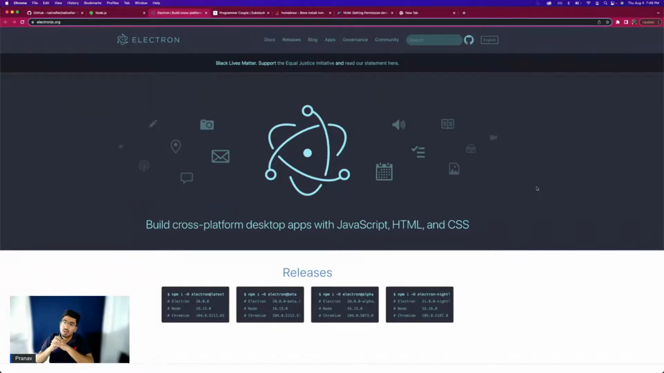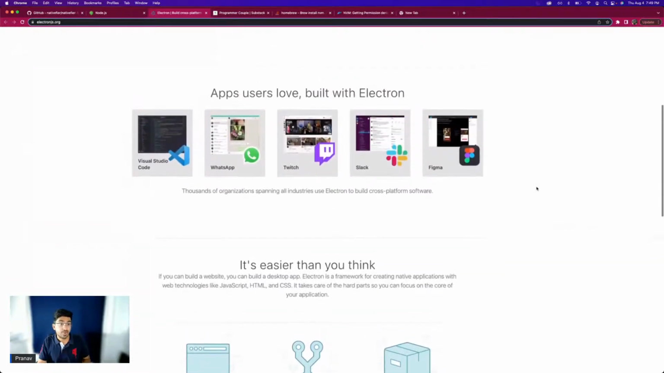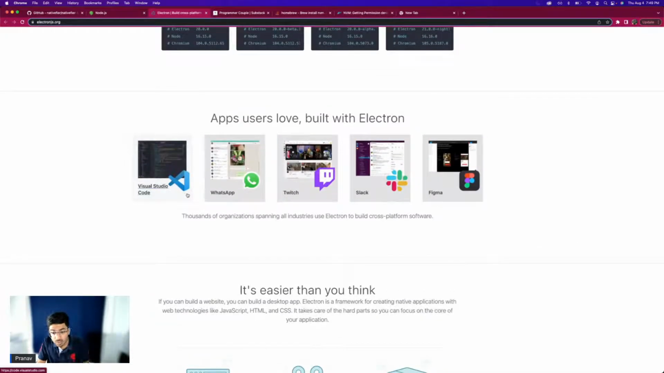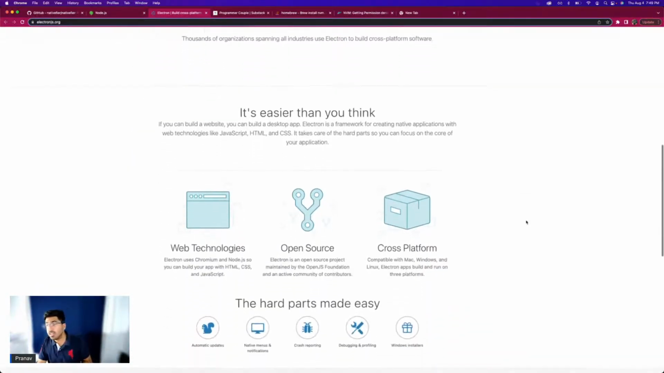Now, if you have been following our channel for any amount of time, you obviously know that we love JavaScript. So I am very intrigued into learning about this framework because as you can see, Visual Studio Code, WhatsApp, Slack, Figma, Twitch, all of them are built with Electron. Now, me being a lover of all these applications, and I use at least 3 of them every single day, right? So I really want to see how Electron.js works behind the scenes,